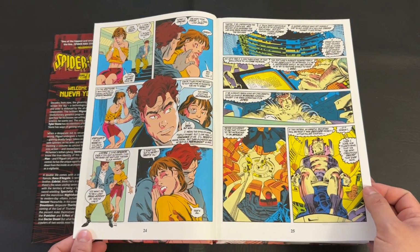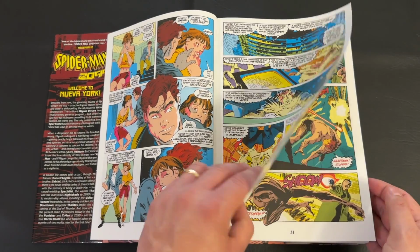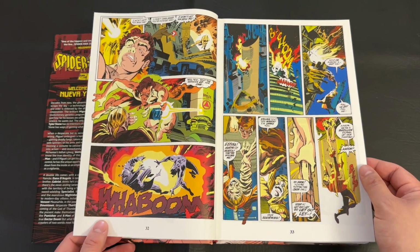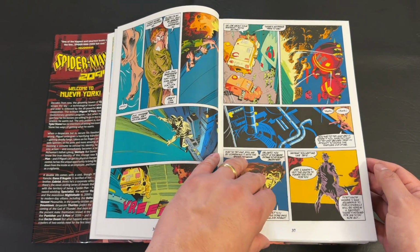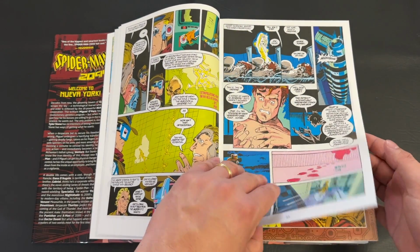But anyway, this is a really fun book. This is one that I had an initial small paperback for, a couple issues of, really got hooked on it and always wanted to read the full book. When I heard that they were releasing this omnibus, it became one of my most anticipated releases of last year, 2023. I pre-ordered it, I got it, I started reading, and then it kind of just fell into the back